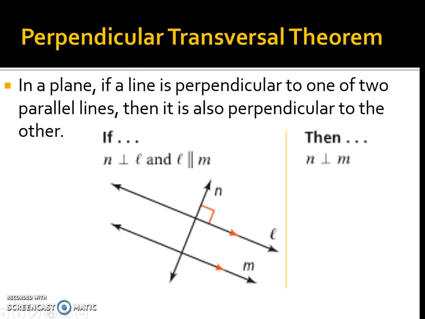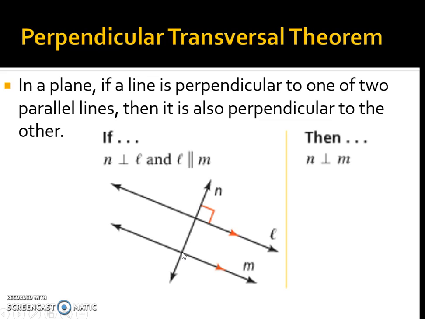Perpendicular transversal theorem. In a plane, if a line is perpendicular to one of two parallel lines, then it is also perpendicular to the other. If line N and line L are perpendicular to each other, which means 90-degree angles, and line L and line M are parallel to each other, that means line N, the transversal, and line M are perpendicular to each other,